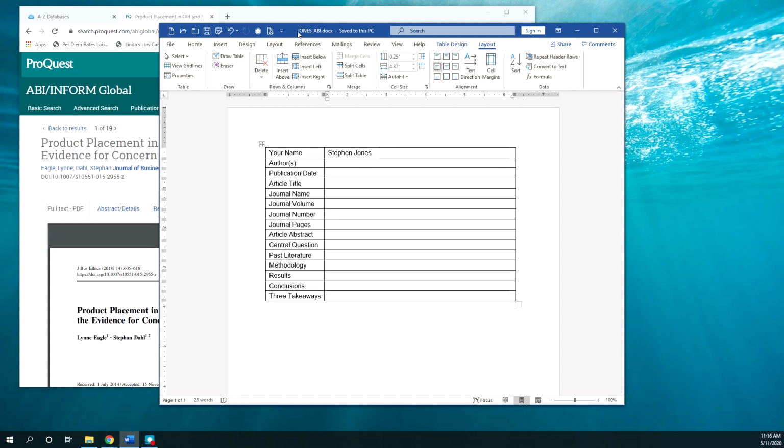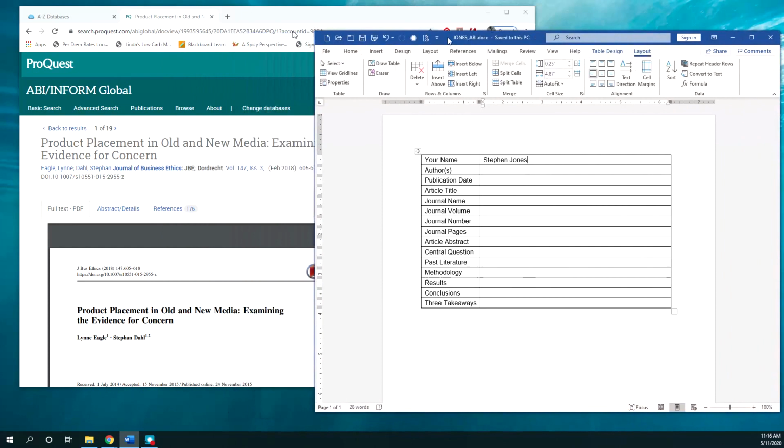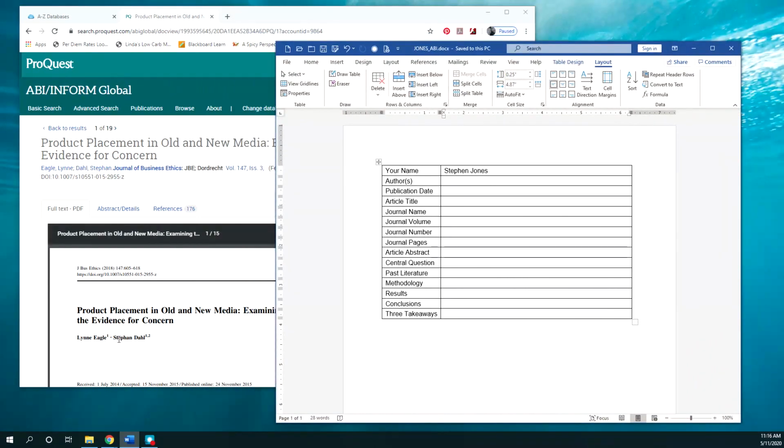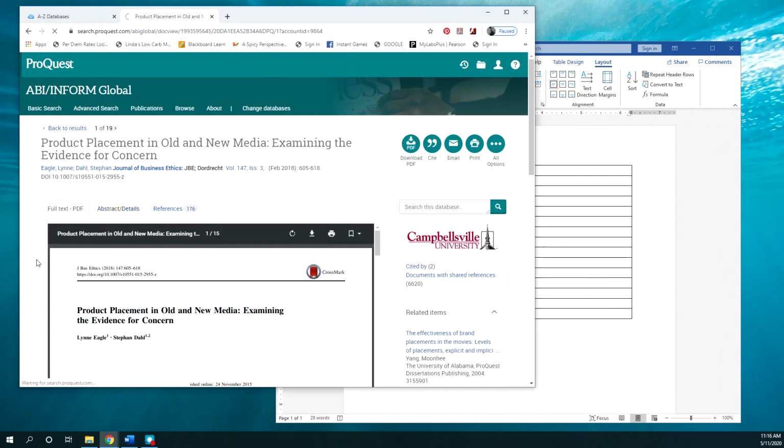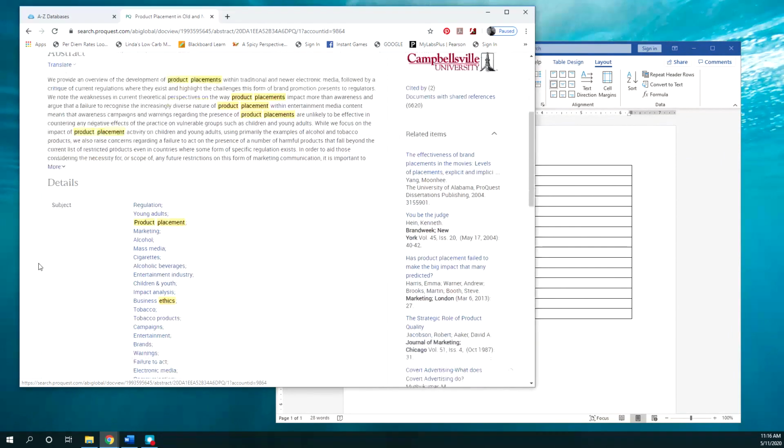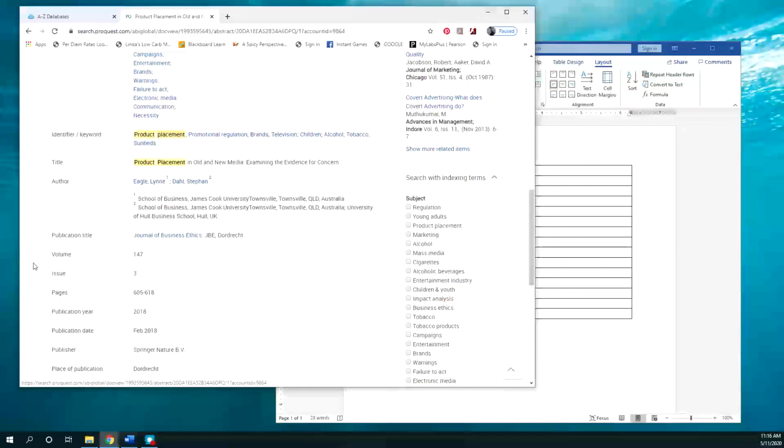Okay, authors. Well, that's not me. I've already put my name up there. I need the authors for this article. Okay, so I can go to abstract and details. There's some details in here. These are the authors, Lynn Eagle and Stefan Dahl. Okay, so I want to do,